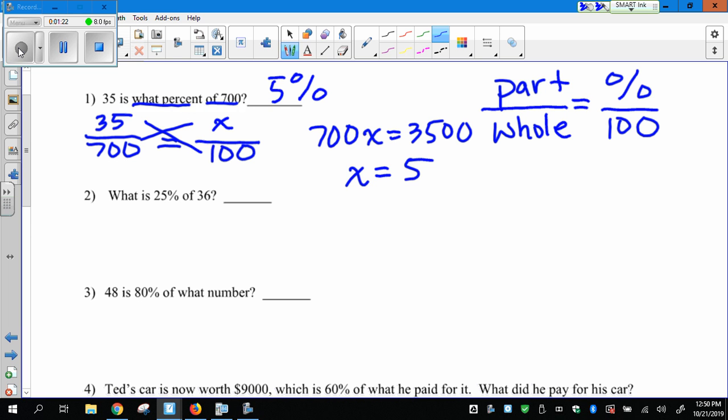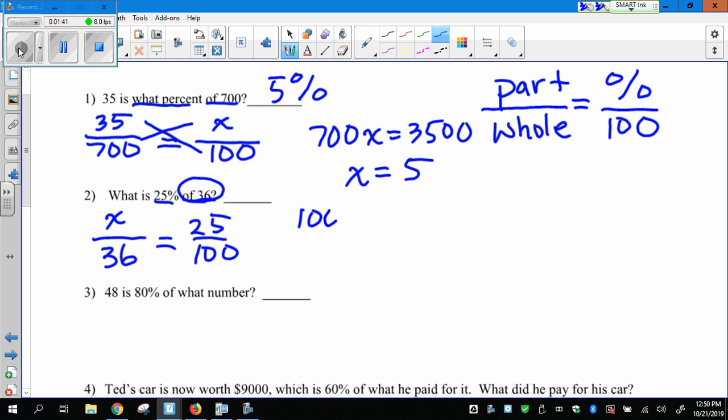Okay? In the second problem, we want to know what is 25% of 36. So we're given the percent, so I'm going to put that over the 100. And since it's out of 36, that's the whole, and I'm going to put the x at the top there. Then the equation I get from that is 100x equals 36 times 25, which is